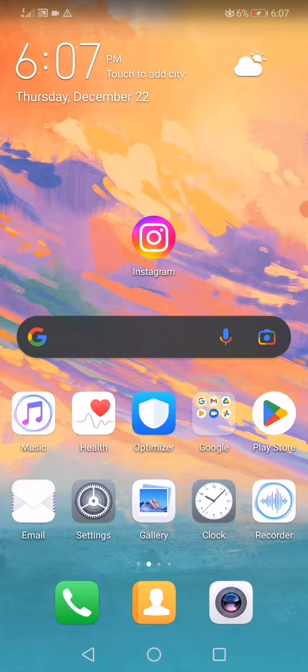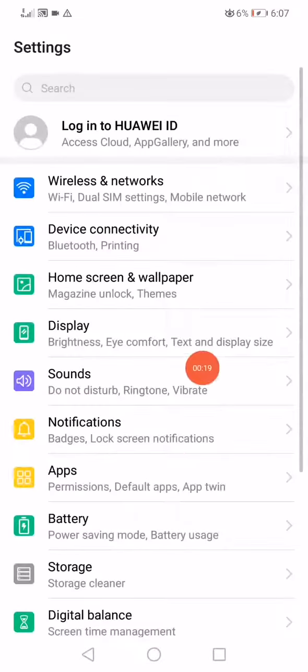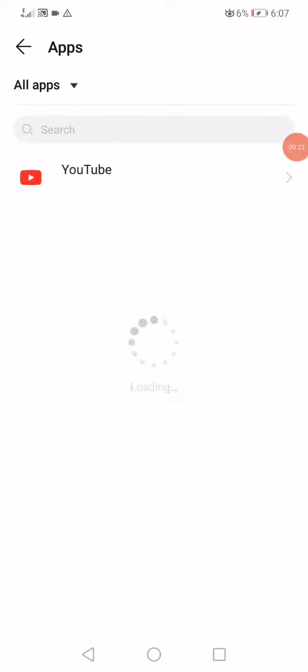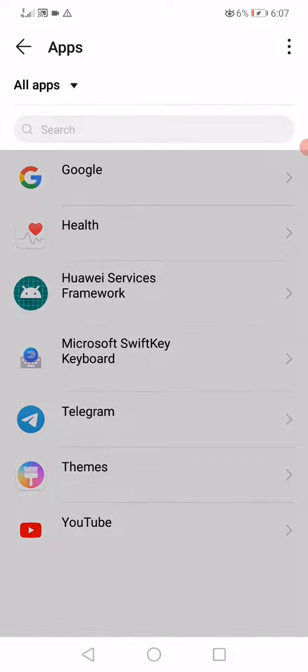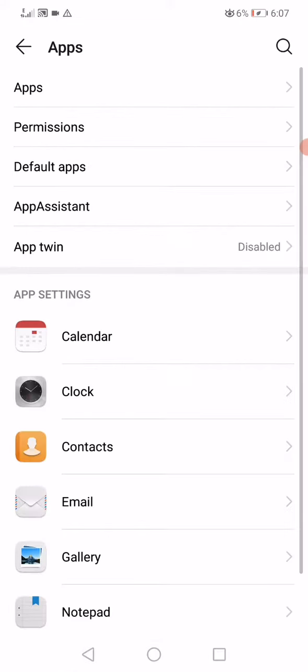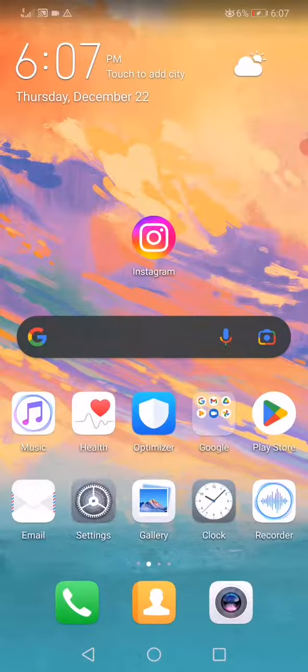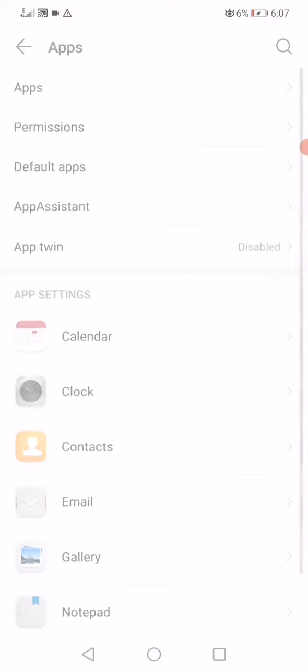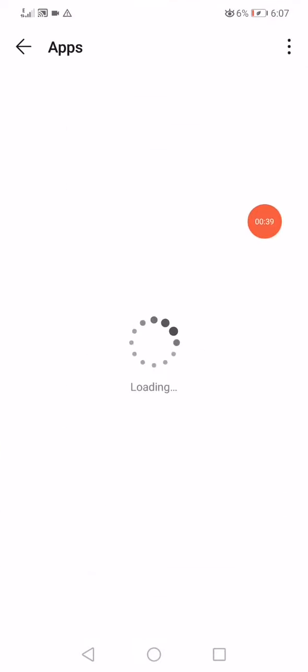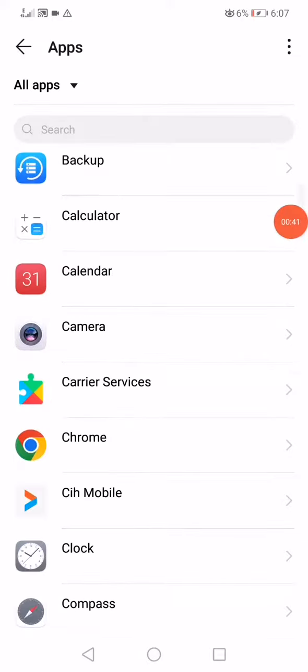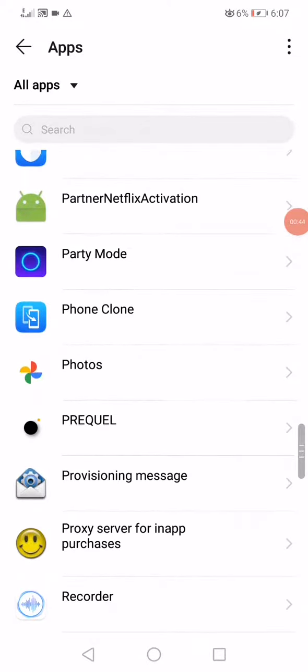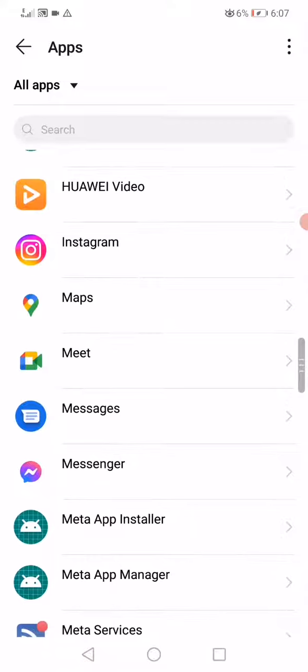So, what you want to do to get this feature is go to the settings, open the apps, go to the apps manager, and now on this page you will find all the apps that you have on your phone. So I'm sorry, let's go back. Okay, the apps. Now scroll, go to Instagram, click on it,